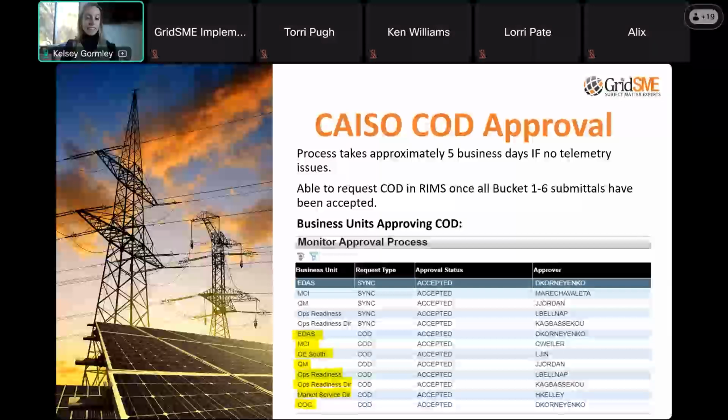So it's Exhibit E of your interconnection agreement that will need to be completed and submitted to CAISO. Once we've gotten all the COD approvals done, they send out that email, we upload the letter, and then they send out, wait for it, another email. And that email will say that your COD is as of this date when we submitted that commercial operation letter. And then you're finished. You're done with the CAISO NRI process once you get that second COD email.